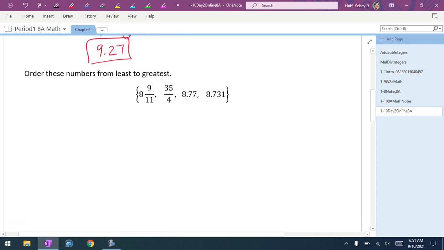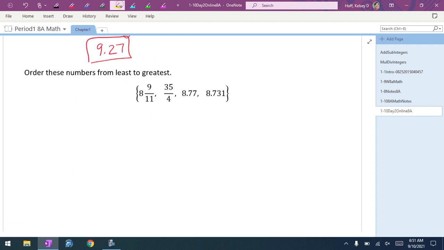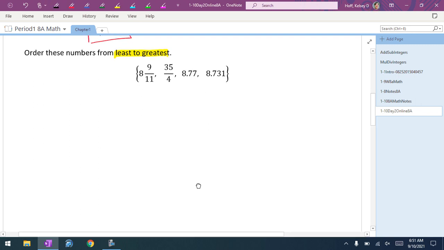This really comes down to, because we are going to order these numbers from least to greatest, which really means from smallest to biggest. But when we look at these numbers, they're all in different formats. So the very first thing that we have to do is we have to change all of these to be decimals. So you're going to use your calculator, and we're going to type 8 and 9/11ths in there. Now, really, 8 is your whole number, so don't type that into your calculator. That just means it's going in front of the decimal place. Then type 9 divided by 11 in your calculator,